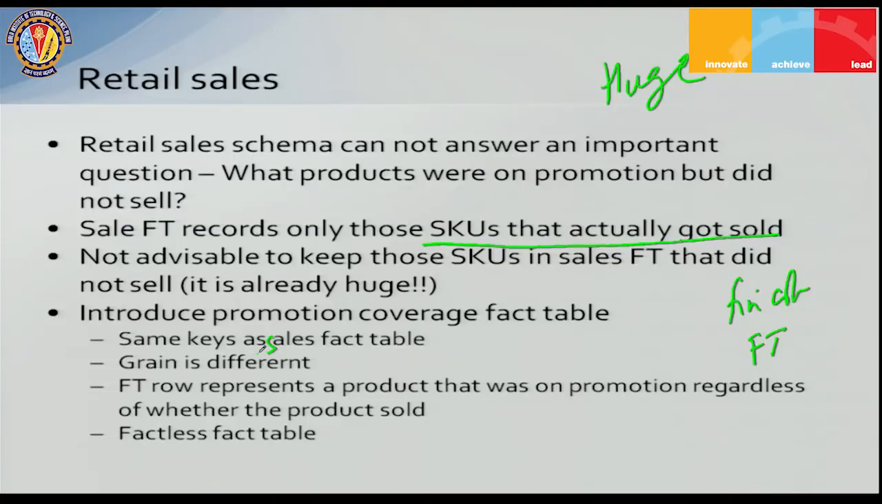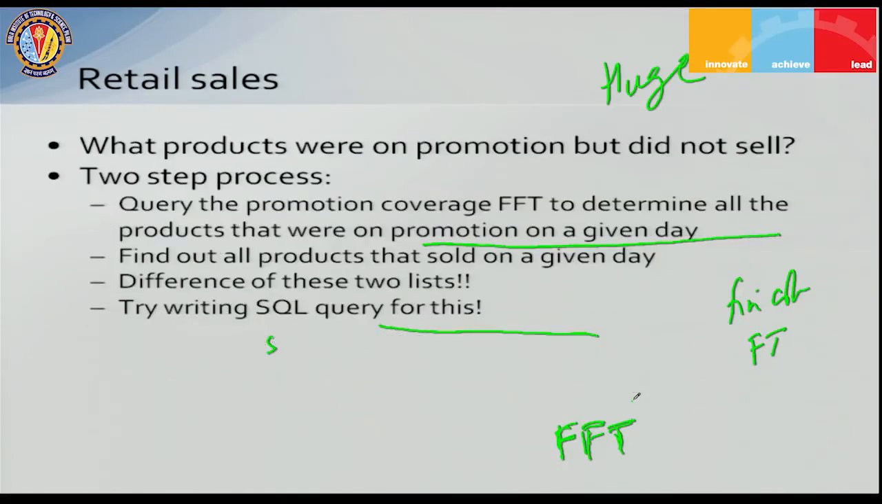And the fact table represents a product that was on promotion, regardless of whether the product sold or not, right? And this coverage fact table is an example of a factless fact table. Here I'm just recording which products were on promotion, irrespective of whether they were sold or not sold. So if you were to answer this question, what products were on promotion but did not sell, it's a